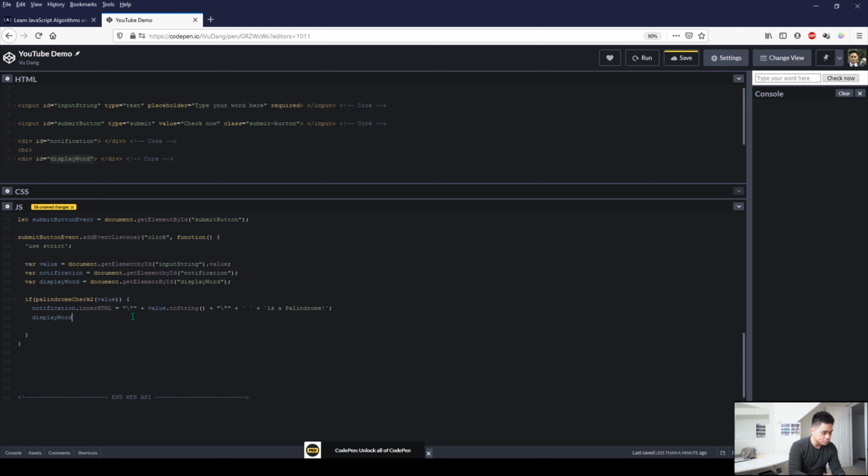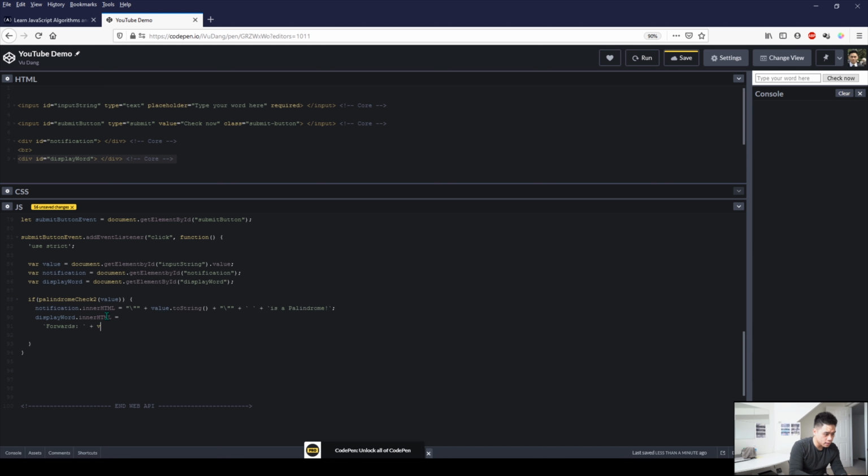So displayWord, which refers to the variable up here, which refers to the division element in HTML up here. So displayWord dot innerHTML equals backtick, forwards, colon,